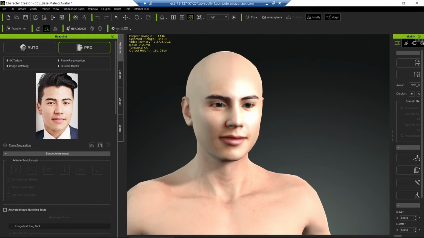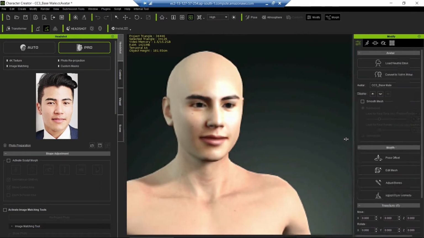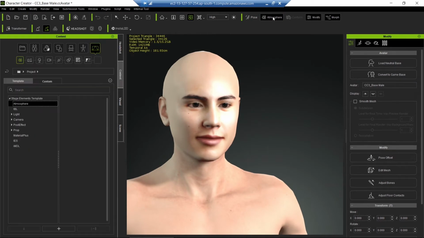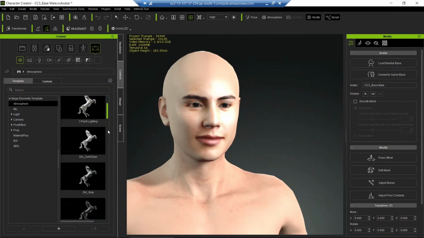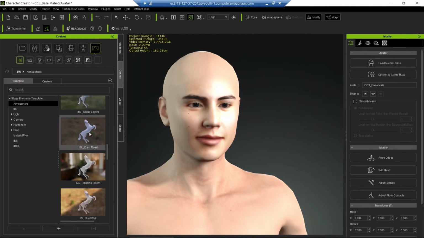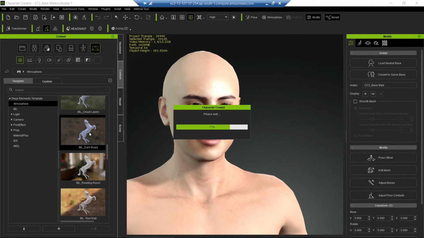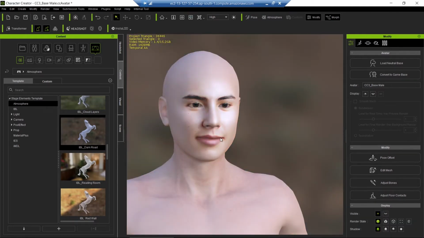So let's first of all walk through the process of creating the character better. First of all, I will put the atmosphere here so that it will look a little better in the background. There are tons of atmospheres. Choose the one that suits you better, so that the lighting will be perfect on your face. So this is you, and now let's walk through the headshot part first of all.